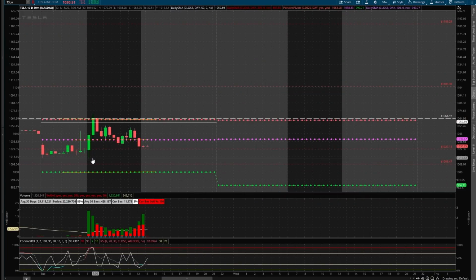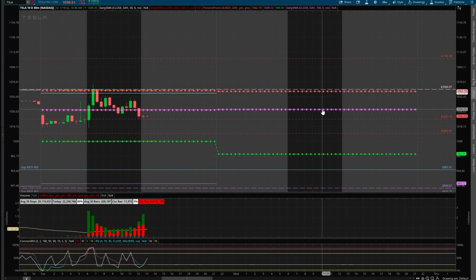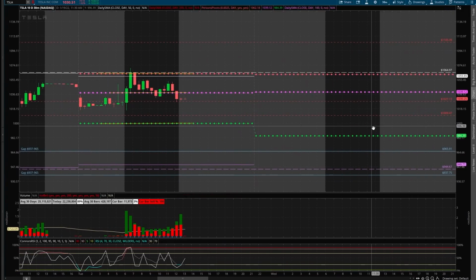$1,009. The pivot points for tomorrow, the upper end is 1063, once again right around the 50 days SMA here. The middle pivot point is 1039 and the bottom pivot point is 984. So for the most part, the top two pivot points coincide with today's pivot points, and the bottom seems to be lower. So Tesla has the proclivity, if you will, to move down further than today, but that doesn't mean